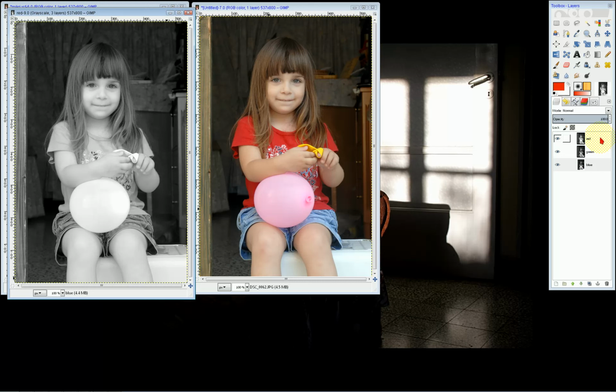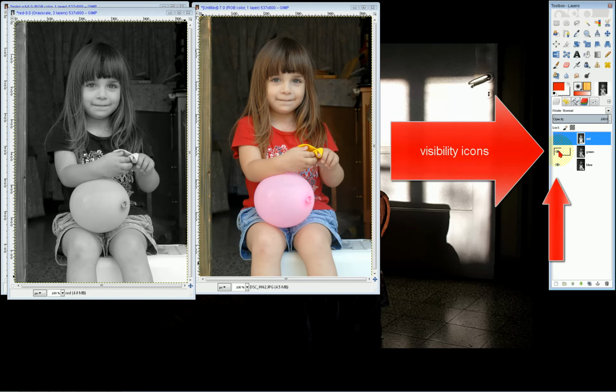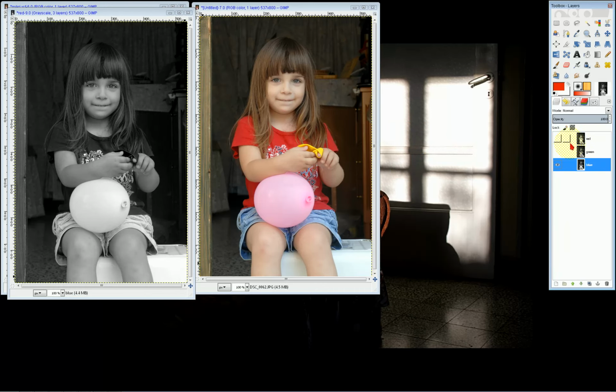Every one of the 3 is an 8-bit monochromatic layer, and this is the reason, of course, that we do not see color on them. By enabling or disabling these layers in the Layers dialog, I can see every one of them as a grayscale